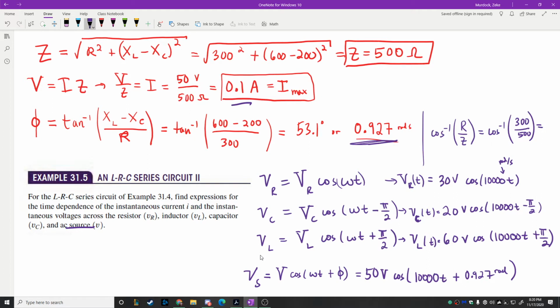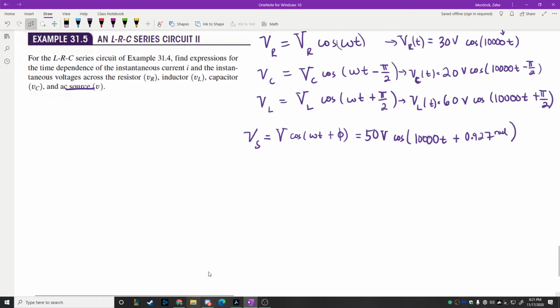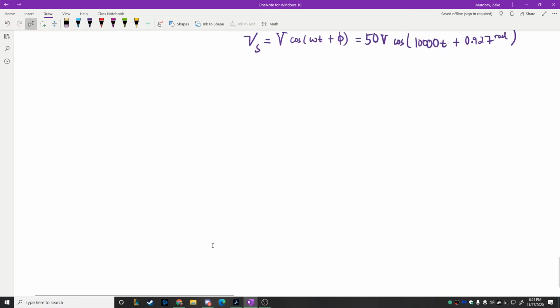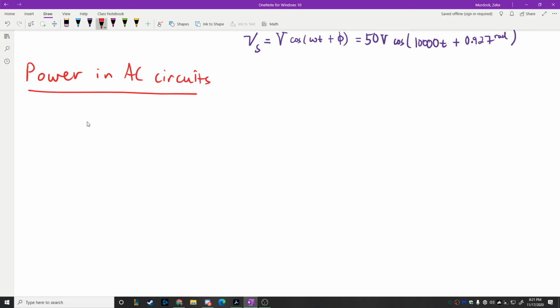Well, I guess we move on to talking about power. I didn't think we'd get this far, but that's what we'll do. So we'll talk about power, and then hopefully there's enough time left over to do one more problem. Okay, so as far as power goes,